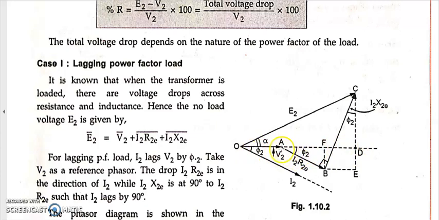Once again, see, this is phi 2 which you already know, and this is parallel, so the same angle. We know that this is I2 and I2 R2 is parallel. So if this is phi 2, this will also be phi 2. If this is phi 2 and this angle is 90 degrees, then this angle will be 90 minus phi 2, because the sum of the angles of a triangle is 180 degrees. So 180 degrees minus phi 2 minus 90 results in 90 minus phi 2.